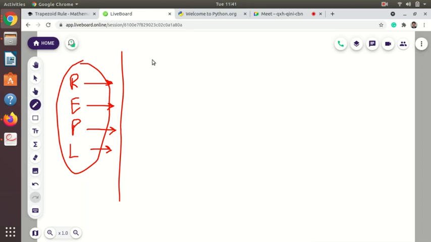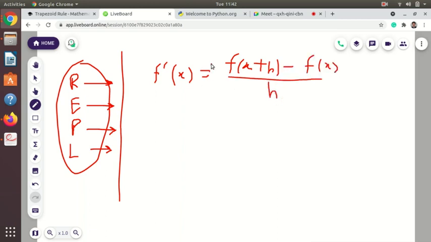So what is differentiation? You know the first formula for differentiation. You have seen this in your 11th or 12th standard math notebook. f dash x, that is the derivative of f of x, is equal to f of x plus h minus f of x divided by h, where the limit h tends to 0. Nowadays we directly take a derivative without taking the limit, but this is the basic formula, called the first formula for derivative.